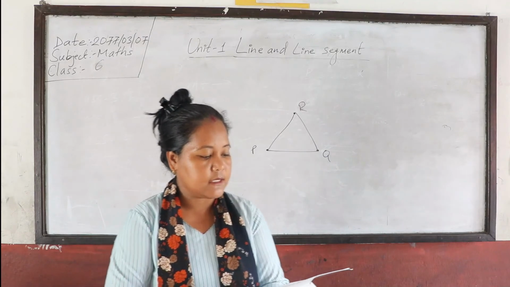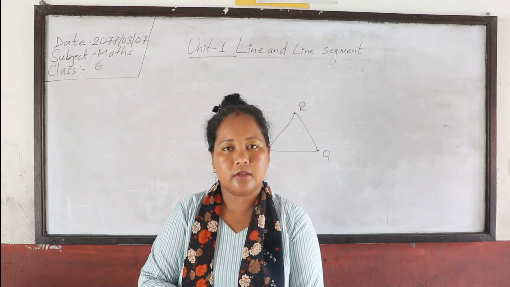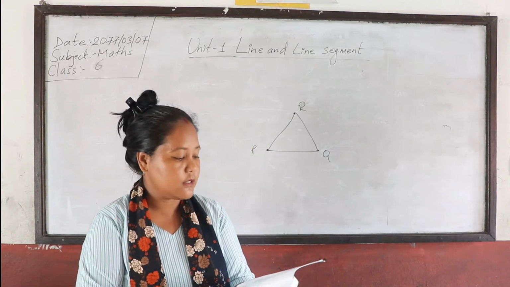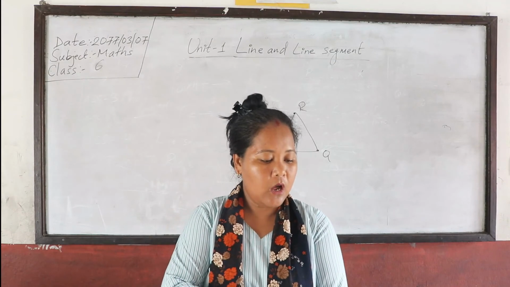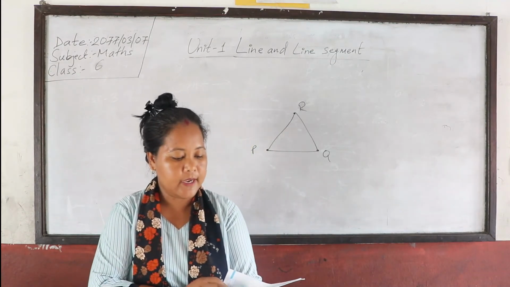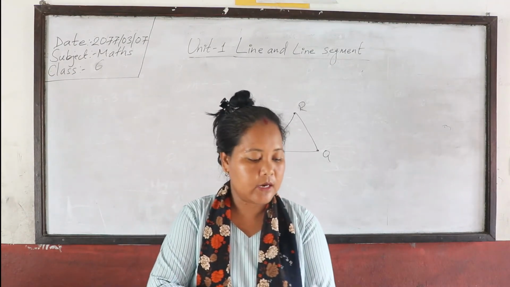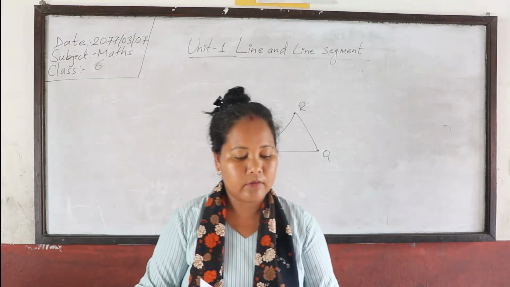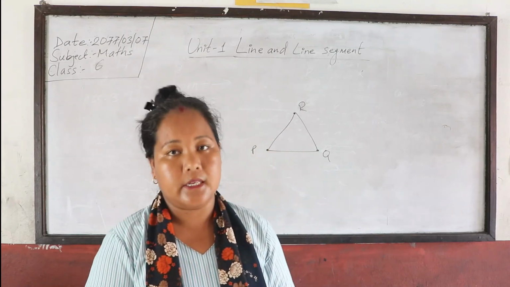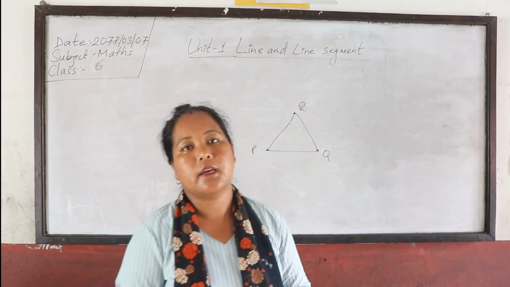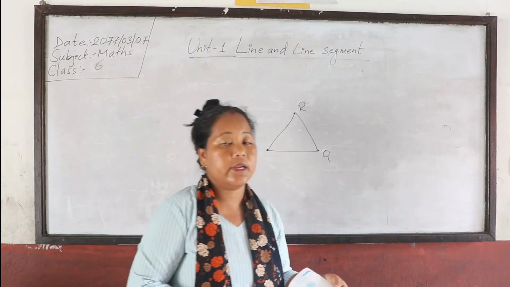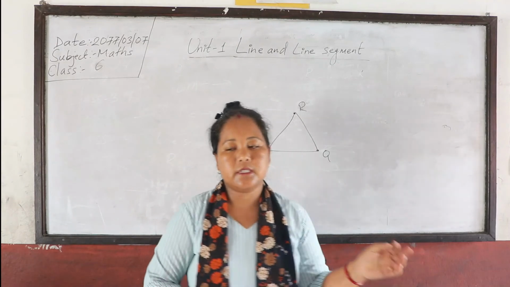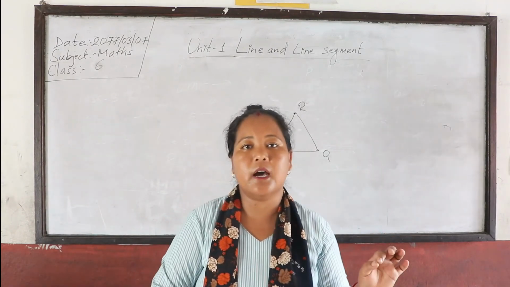A point has dash only. What? A point has position only. Very good. A point has no dash, dash and dash. What? A point has no length, breadth and height. I told you already, our point has no length, no breadth and no height. It is denoted only to represent the position.